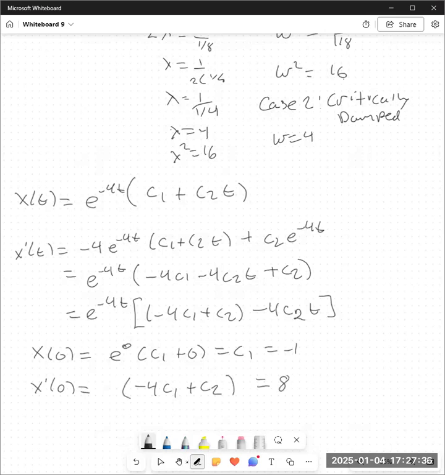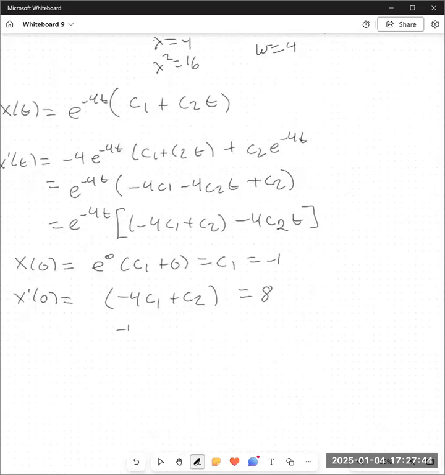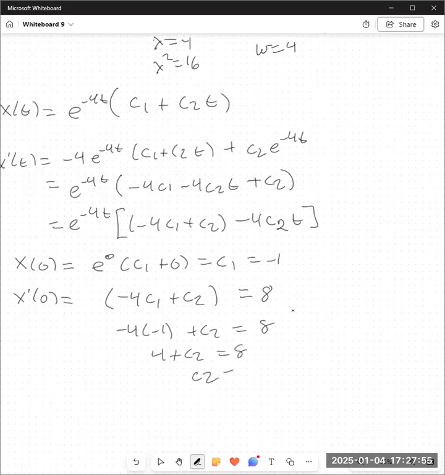That's going to be equal to 8. And c1 was negative 1. So negative 4 times a negative 1 plus c2 equals 8. 4 plus c2 is equal to 8. c2 is equal to 4. And we have x of t is equal to e to the negative 4t times c1, which is -1,